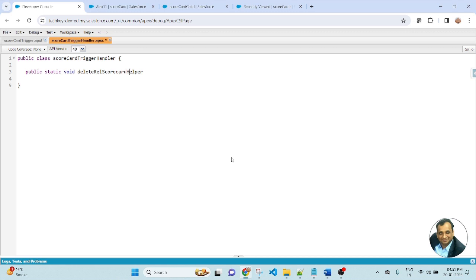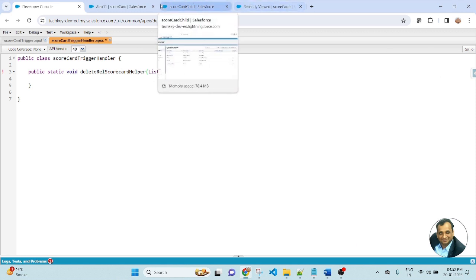So here I am writing the name of the method, deleteRelatedScorecardHelper, with brackets and curly brackets. Inside the bracket I will pass two parameters. The first is a list of Scorecard. Here I am putting the custom parent object API name.